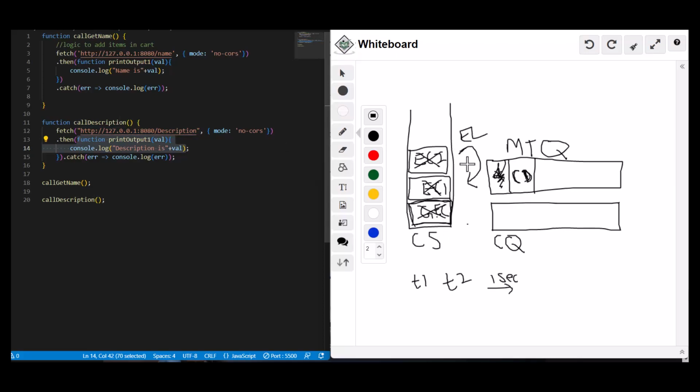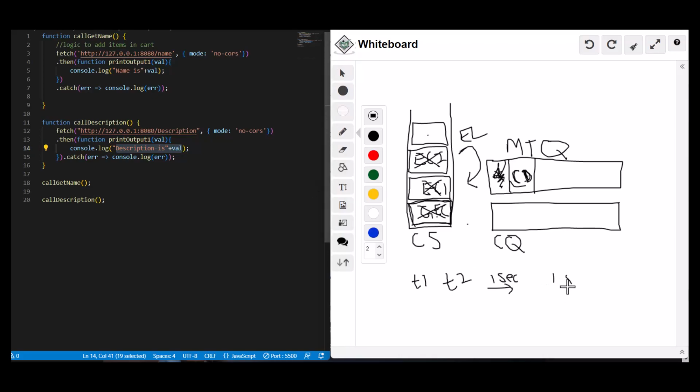So what the event loop will do is, it will see that there is a callback function to be picked up from the microtask queue. It will pick it up and place it into a new execution context on the call stack, and then execute it. And over here, what this will print is this message, description is, and this is what you saw on the console there, right. After this,